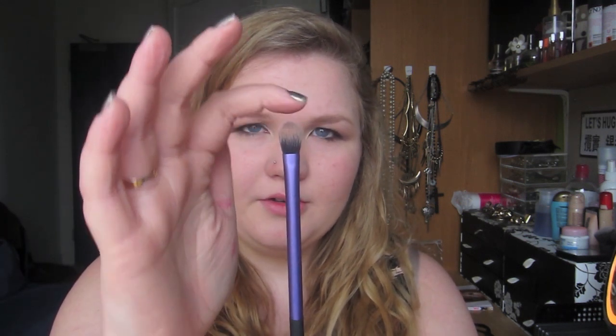Okay, so the first brush in that set is called the Base Shadow Brush. Now, it's a fluffy but quite flat brush, which is slightly tapered at the top. And all of these brushes are duo fibre, which is really nice. They're all synthetic hair. Now, this one's nice for packing on a colour because it's not so dense, because it has that fluffy aspect. It's not the best brush for packing on colour, but it's decent enough, and it's quite nice for getting into the crease and